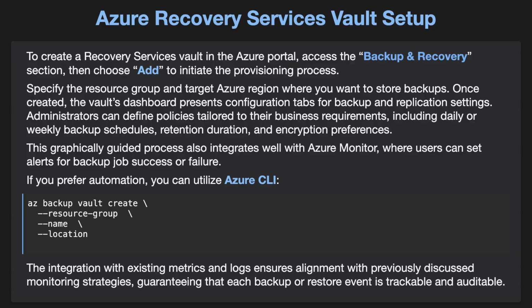functionalities. To create a Recovery Services Vault in the Azure portal, access the Backup and Recovery section, then choose Add to initiate the provisioning process. Specify the resource group and target Azure region where you want to store backups. Once created, the Vault's dashboard presents configuration tabs for backup and replication settings. Administrators can define policies tailored to their business requirements, including daily or weekly backup schedules, retention duration, and encryption preferences. This graphically guided process also integrates well with Azure Monitor, where users can set alerts for backup job success or